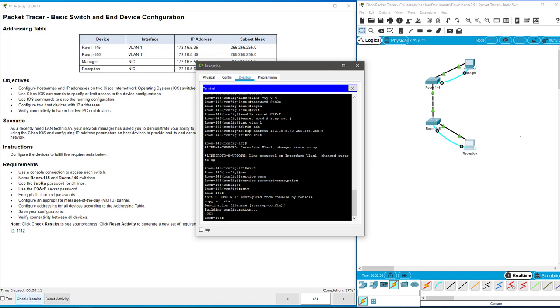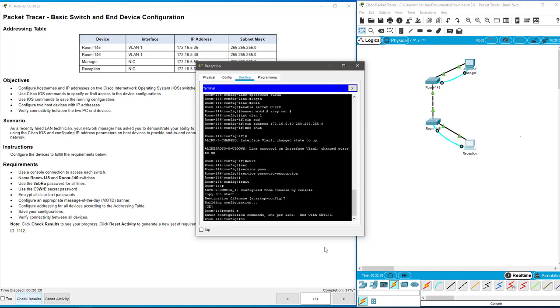So I said enable secret. I said C9ERE. Oh boy, and it's supposed to be C9WRE. All right, so I did that one wrong. Let's fix that. So this time though, we're going to do a no. Okay, so config T, and we're going to do no enable secret